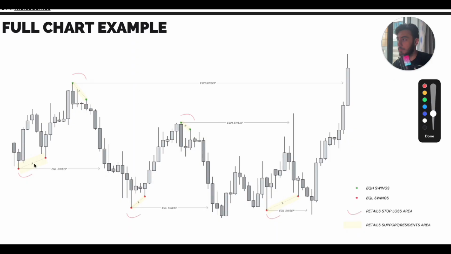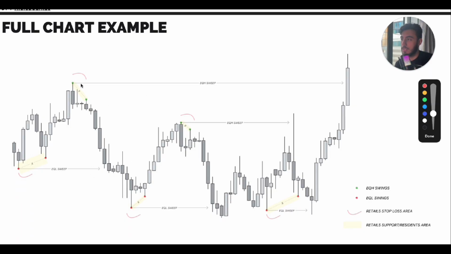So this is going to be a bunch of liquidity here. The retail traders are looking to sell at these areas, and a lot of them are putting their stop loss below this area, or a bunch of them are putting their stop loss at these areas. But it doesn't matter for market makers. They're going to take them all. So what you're going to see, the market maker takes them. This was their entry point, okay? And this was the retail trader stop area. Most of them put the stop loss here. Most of them put their stop loss here. We don't know, but the market takes them down.